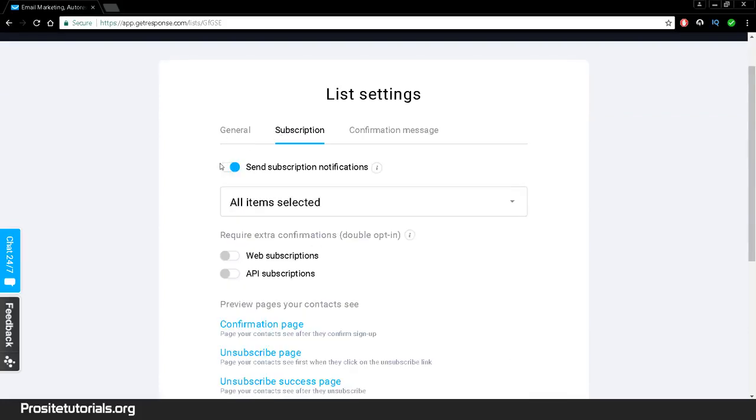Then you go to subscription. The first option, subscription notifications, this means that each time that someone subscribes to your email list, you will receive a notification to your email address. Now, this really depends on the number of subscribers that you are getting in a particular day. I mean, if you're getting like 1 or 2 subscribers, it's probably not something that is quite annoying. Now, if you are getting